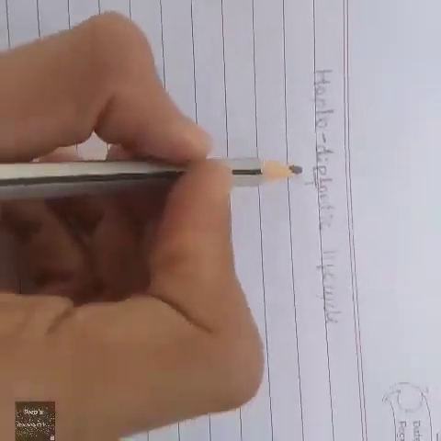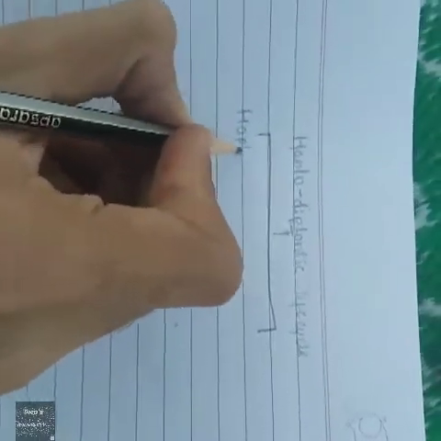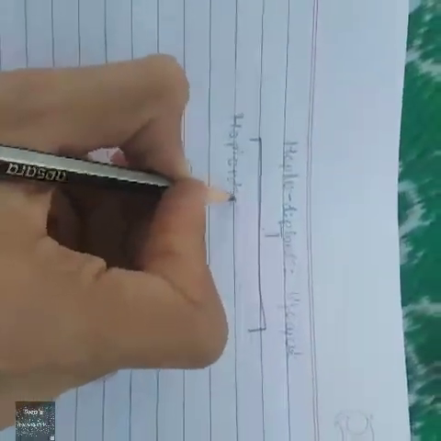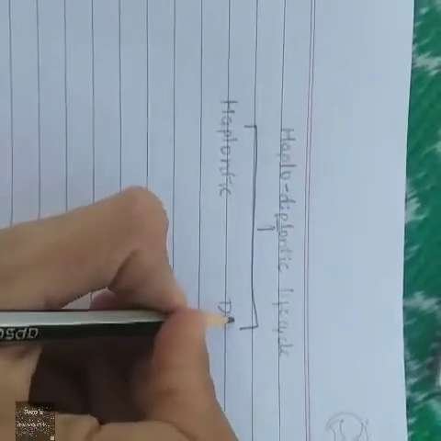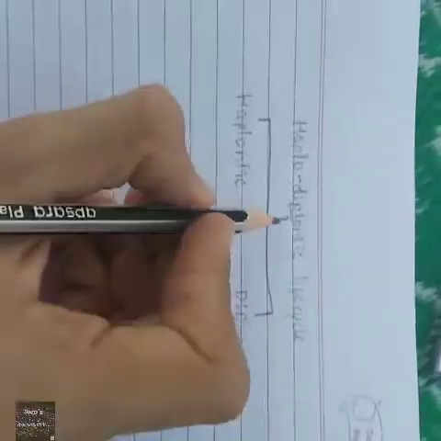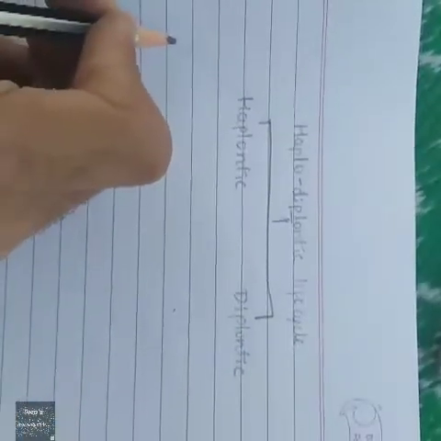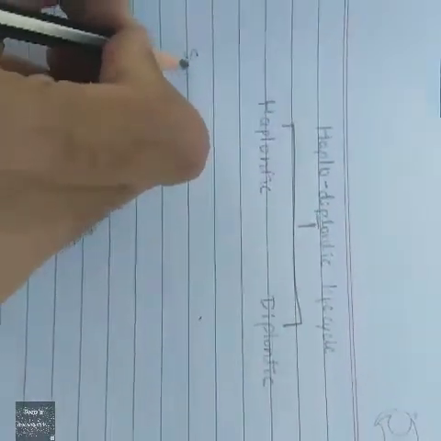Today's topic is the haplodiplontic cycle. If we learn this cycle, we can learn both the haplontic and diplontic cycles. This is the key to open two doors. Jokes apart, to remember this cycle I have made a sentence, which is: Suresh